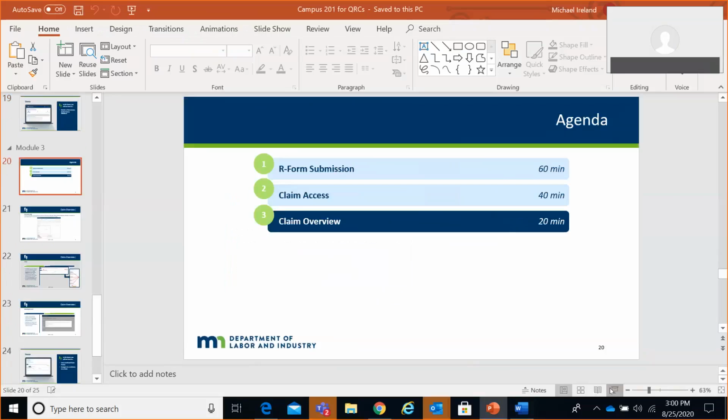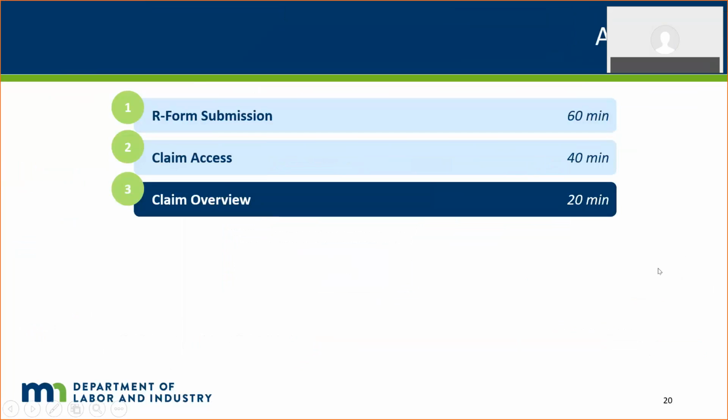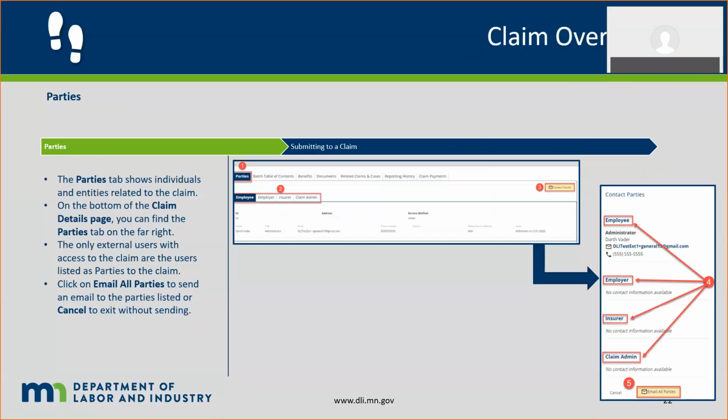Not much else. This is just going to go into the details page that I already showed you just now. So yeah, you'll see claim details information. Basically, these are different sections on the form. They've got carets over here, so they're expandable and collapsible. Yep, party information. This is the same party subsection that you're going to see on the rehab case as well. You'll see all the information related to